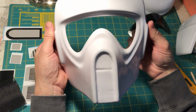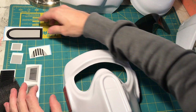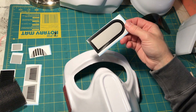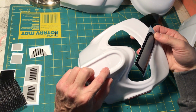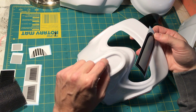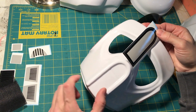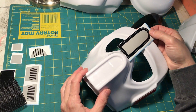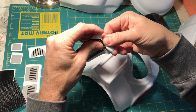So now that that's on there, I'm going to apply some of the decals as well, which, if you'll note, I have cut out from their vinyl print sheet. And this one's interesting because we've seen people that have actually put a casting on the front of this that has that line on it. But using the vinyl technique, it's still fine because the detail is actually in the ABS part, as is this lip. So when the vinyl goes on, and I'm going to remove it from its sheet here